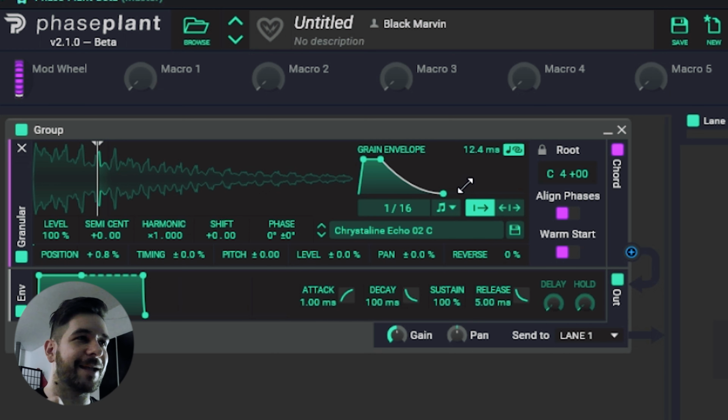That's like the most snappy and shortest setting ever. The attack of the grain is very snappy, and we have a duration of 12.4 milliseconds. So that would be very good for percussive stuff. And if you want to do some more sustained soundscapes, I'd suggest going for something like this, because if you